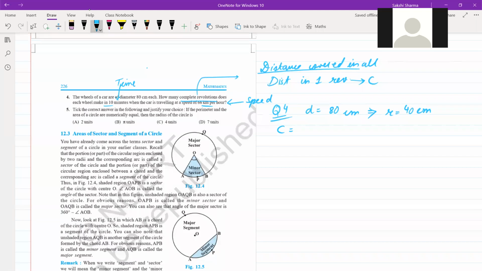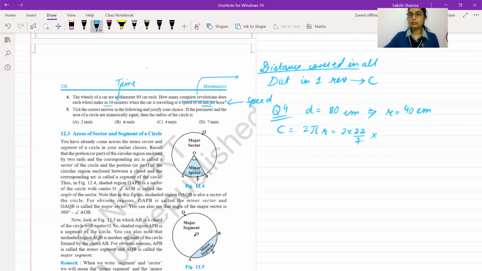Since I know that I will be needing the circumference, I'm already calculating it beforehand before I use that formula. So calculate your answer by 2 pi r. Pi is not indicated, so I'm going to use it as 22/7. And as such, I'm going to leave it. This will be in centimeters.